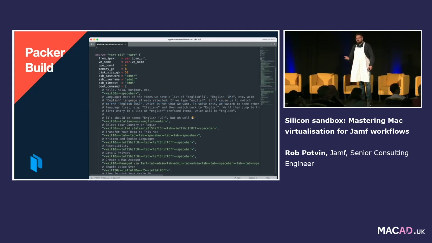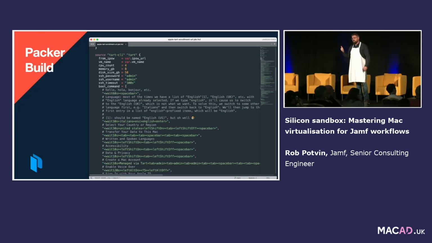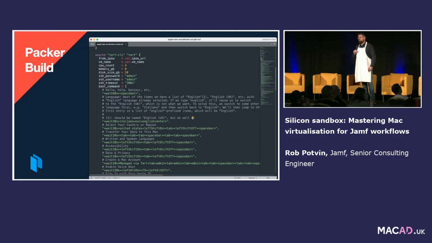Then there's all this other text, like what's this? Well, this is the magic. This is the cool stuff. And I'm going to show you. All this stuff down below here is automated Setup Assistant. So this will build your base image literally walking through Setup Assistant. You don't touch it. And we only have to do this once, and it builds it out. You save it, you clone off of it, and then you have a VM that you can use over and over again.